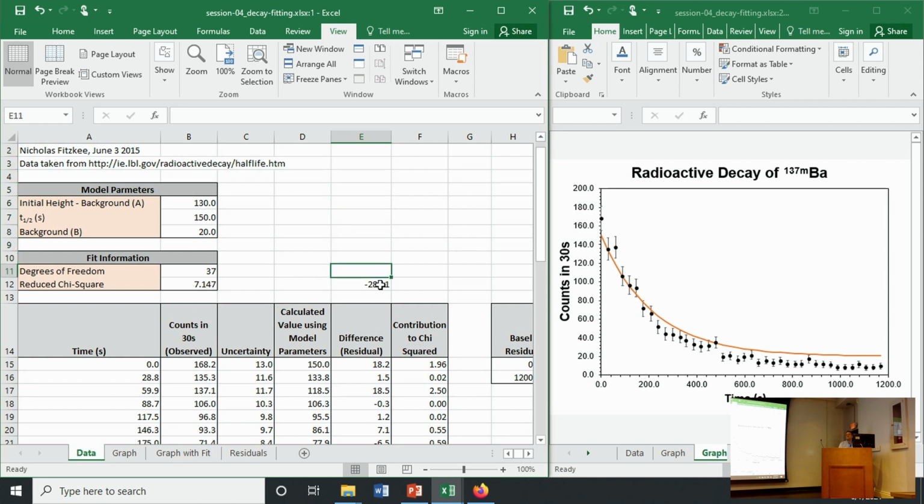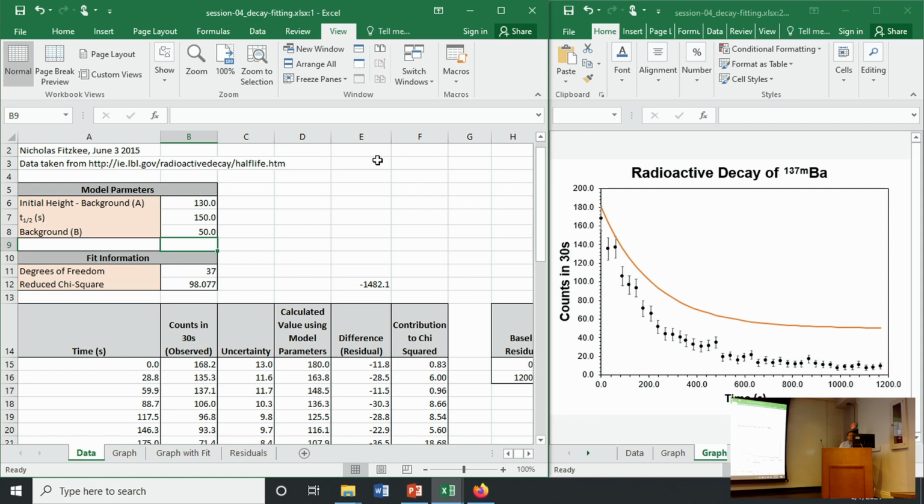So we're just going to try to make this as close to 0 as we can. But let's notice something. We're starting out at minus 282. If I make this 50,